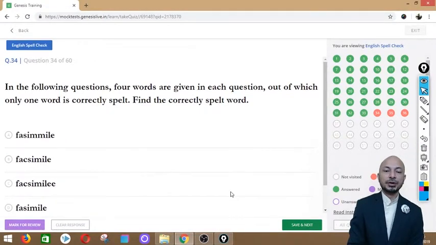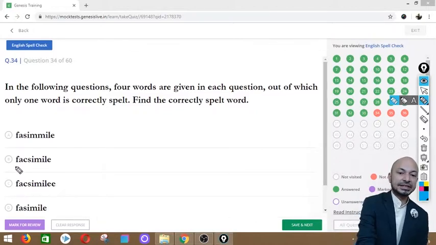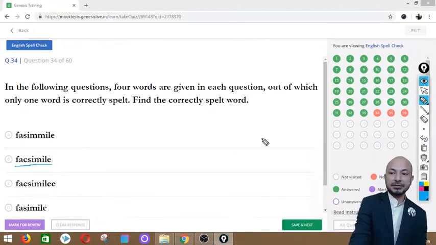Question number 34, and the word is facsimile, and the spellings given are, first one says FASIMMILE. The second one says FACSIMILE. The third one says FACSIMILEE, and the last one says FASIMILE. And the correct spelling is option B, which says FACSIMILE, facsimile, the correct spelling. We're clicking option B